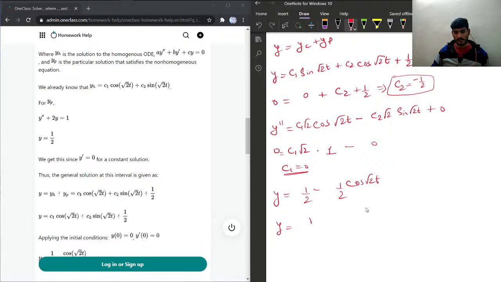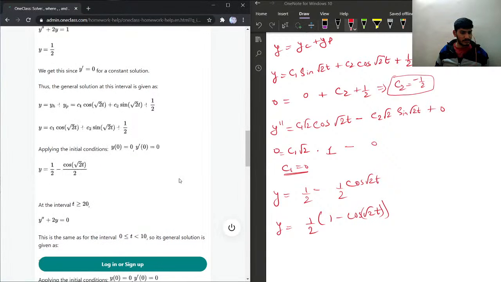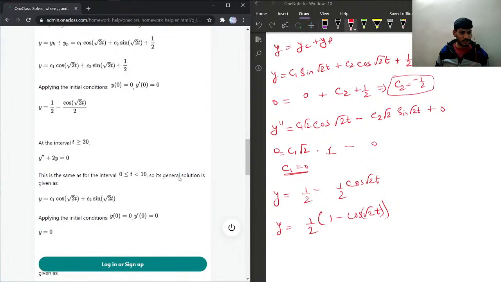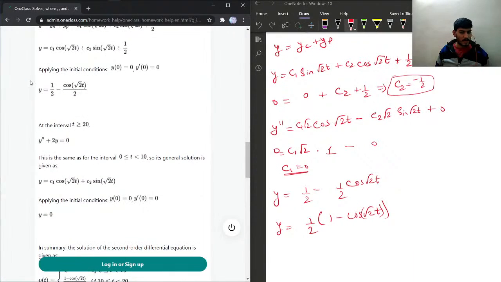So I can take 1 over 2 common, 1 minus cosine of root 2t. So let's check the solution given by the junior tutor, and the solution given is the same,